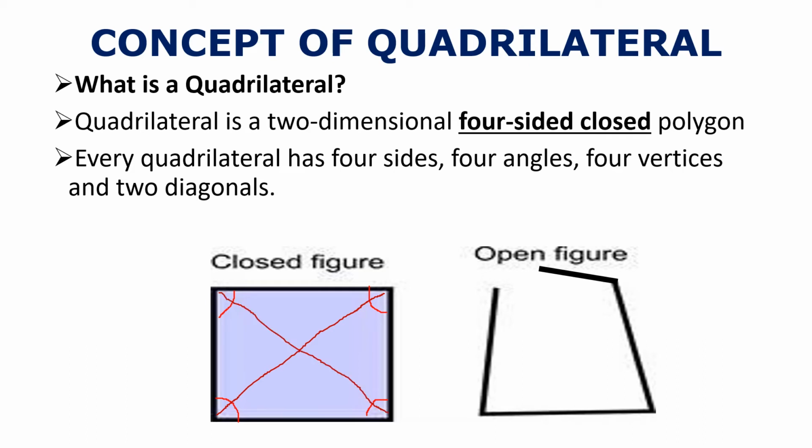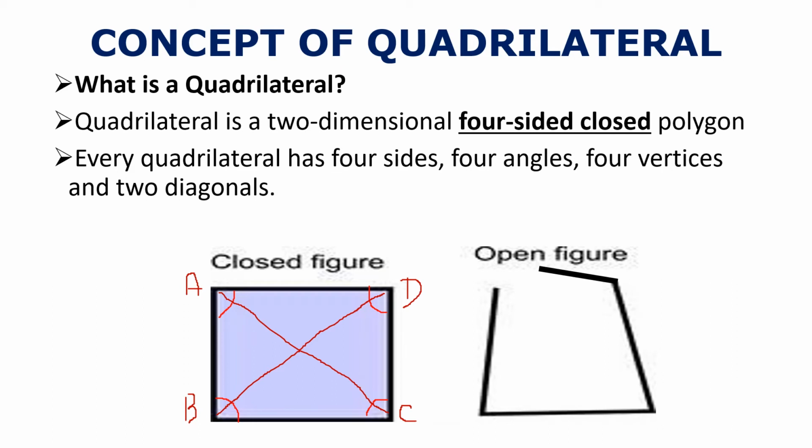Can you see? Okay. Let's give it some names. Let's say I call this angle A, this B, this C, and this D. So I've got four sides. Who are the four sides? Side AB, side BC, side CD, and side AD. Who are the four angles? Angle A, angle B, angle C, and angle D. Who are the four vertices?